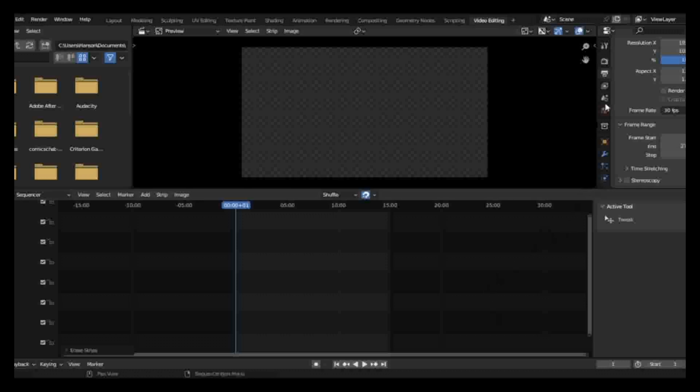So let me come on here, and up here on the top right hand side where it says resolution in format, up on the top corner it says format, and then it has resolution X, resolution Y. I have it set at 1920 pixels by 1080 pixels, and then the percentage is 100%. That is your resolution. So when you get into Blender, you have to check that out and make sure that those settings are right where you want them. X is 1920 on mine, and then Y is